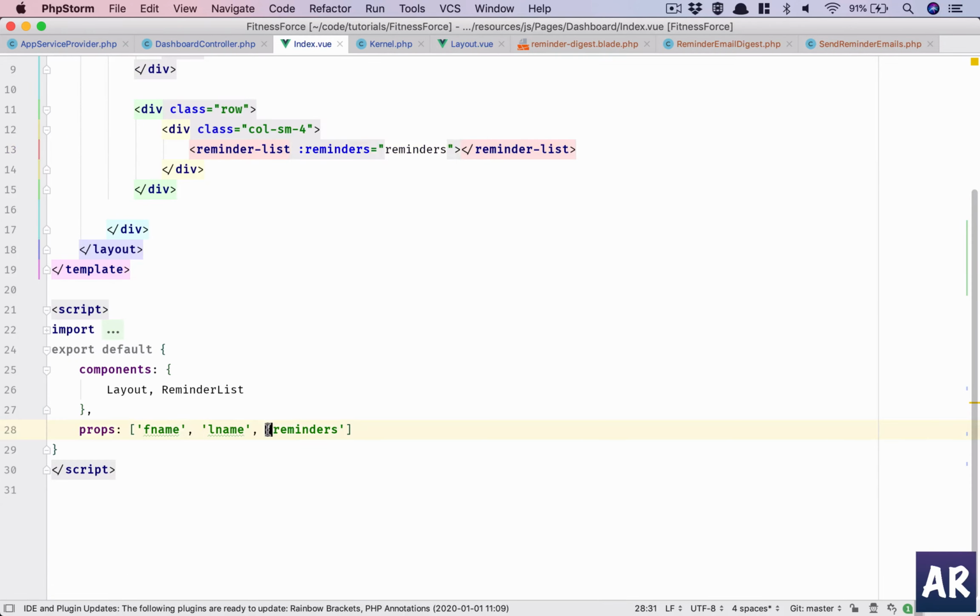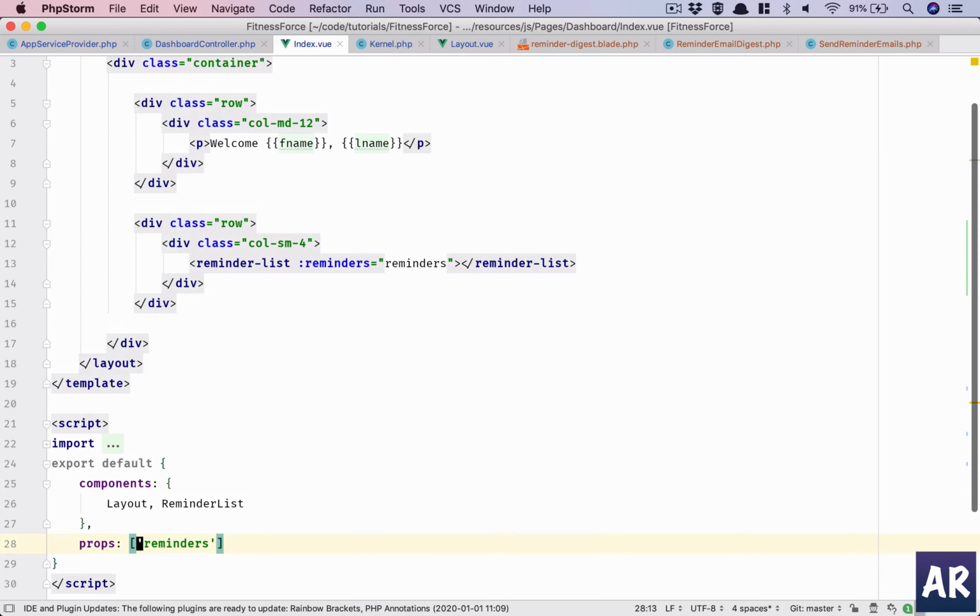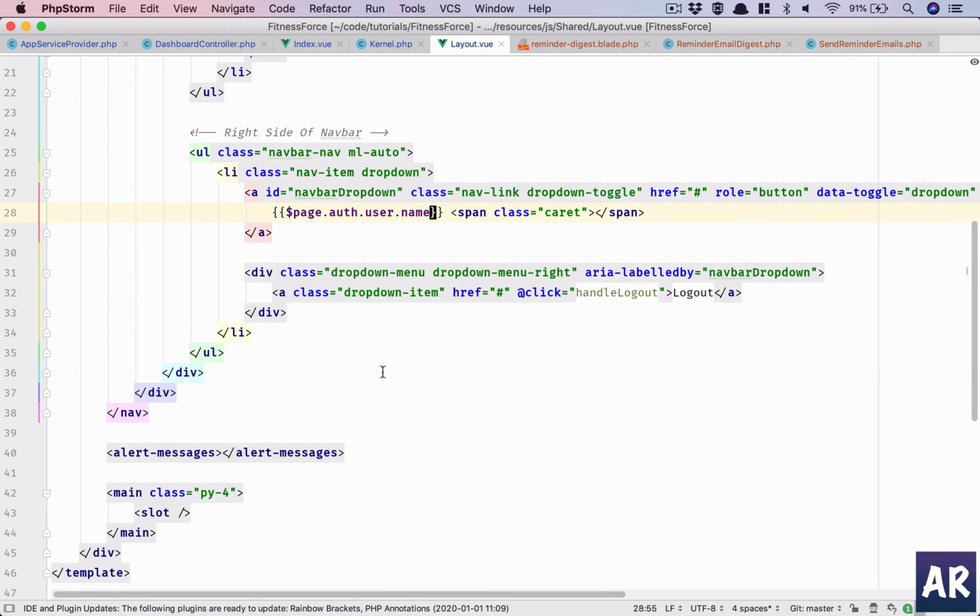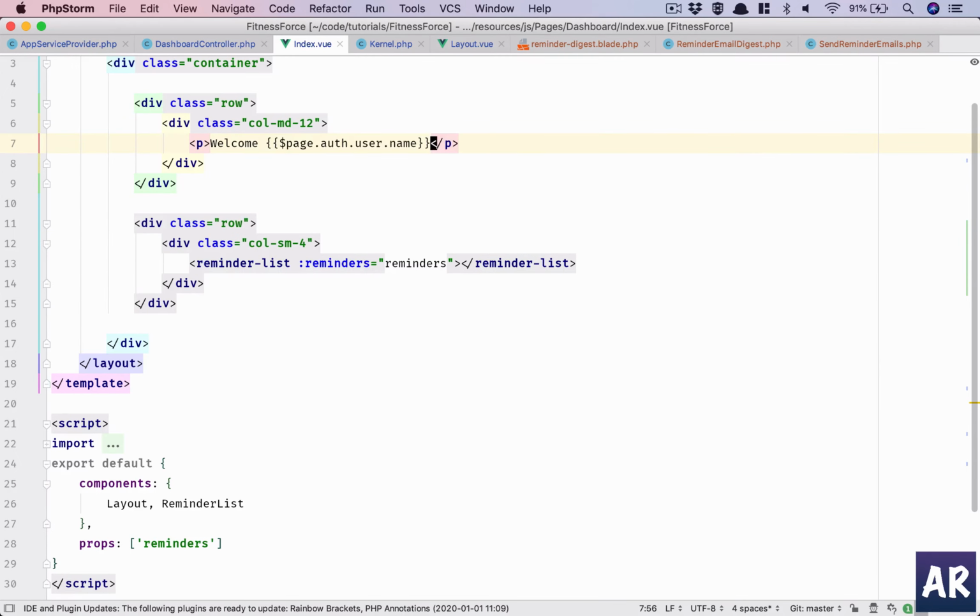So I'll get rid of these two variables that were only for demo purpose, so you can get rid of them. Copy this page auth user dot name, paste it here,